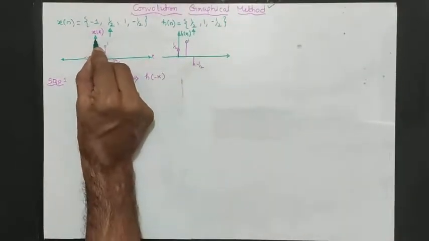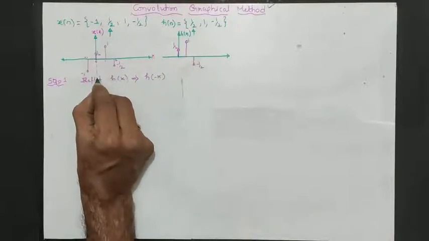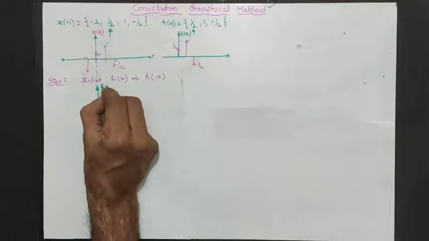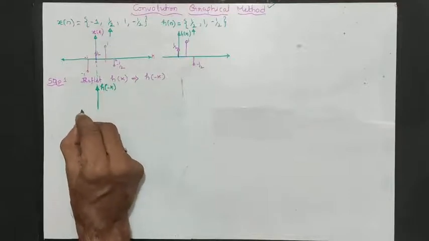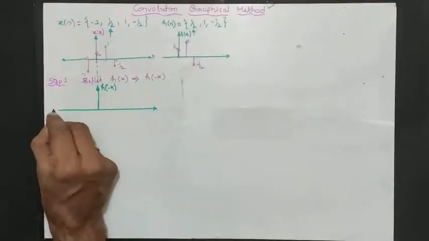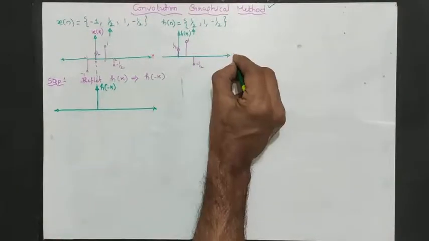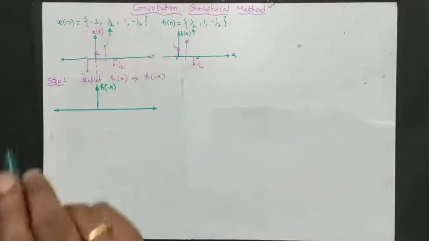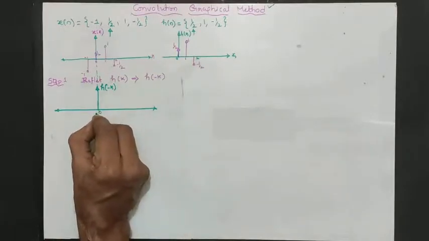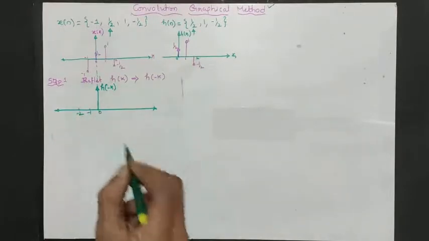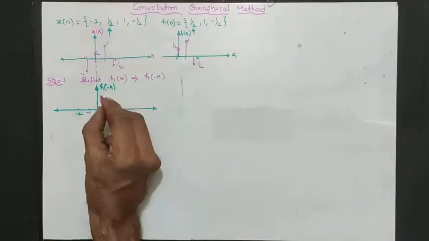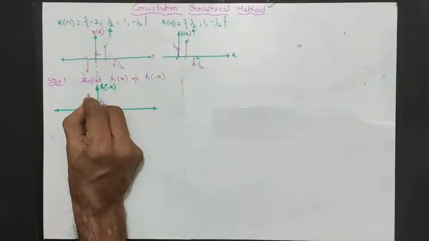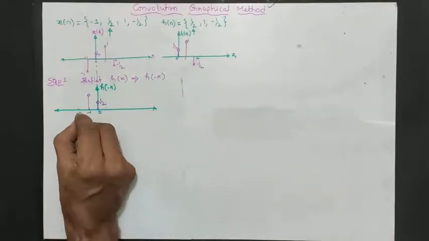Please see that this 0th instant will be coinciding here, so that there won't be any confusions. This is now h of minus k. How will I be drawing h of minus k? Just take this, invert it. This is 0, 1 and 2, no? The same thing reflected on the other side. Hence you will get 0, -1 and -2. At the 0th instant half is there, and then 1, and then -half.